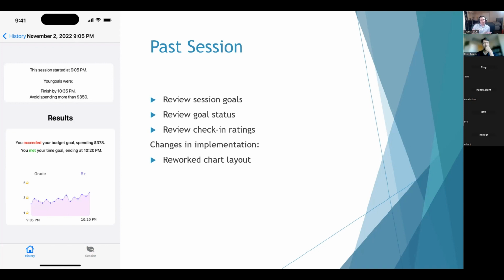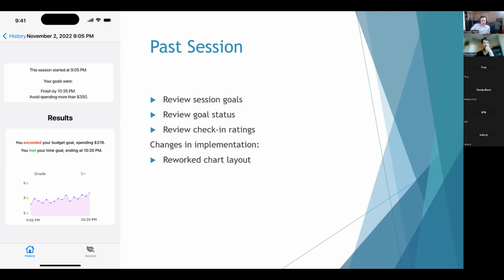So you can see, just like on the mid-session screen, your goals are displayed at the top. And then at the bottom, you'll see if you exceeded or met your goals. And at the very bottom, you'll see a check-in rating graph over time. So this will show you your stars over time for your check-ins in a simple and intuitive way that you can see. Maybe I struggle more in the middle of my gambling sessions. I need to stay more focused on my goals. Or if you tend to do well until the end, you might want to take shorter sessions, for example.